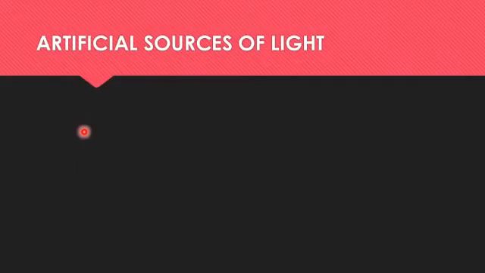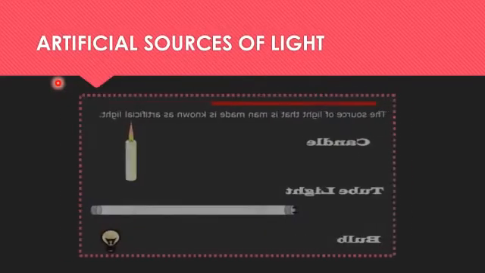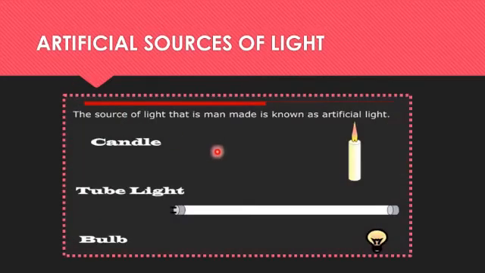So our second category is, after looking at natural sources of light in this video lesson, students, you are able to see some common sources of light that we have produced artificially. So artificial sources of light are like a candle. When we burn a candle, it produces light and we are able to see with the help of a burning candle. And then tube light in our rooms at night timing, and maybe some daytime when our room is closed, the windows are closed, door is closed, so we are not getting sunlight, not only at night timings but also at the daytime.